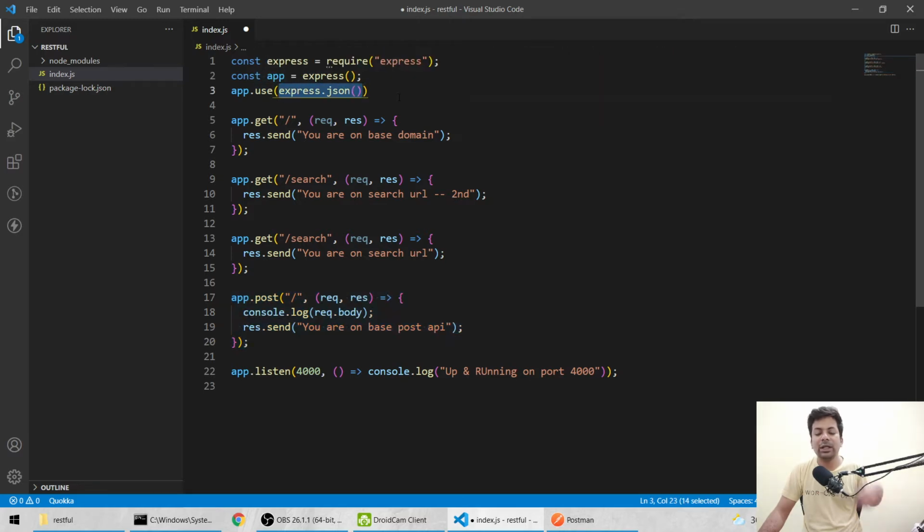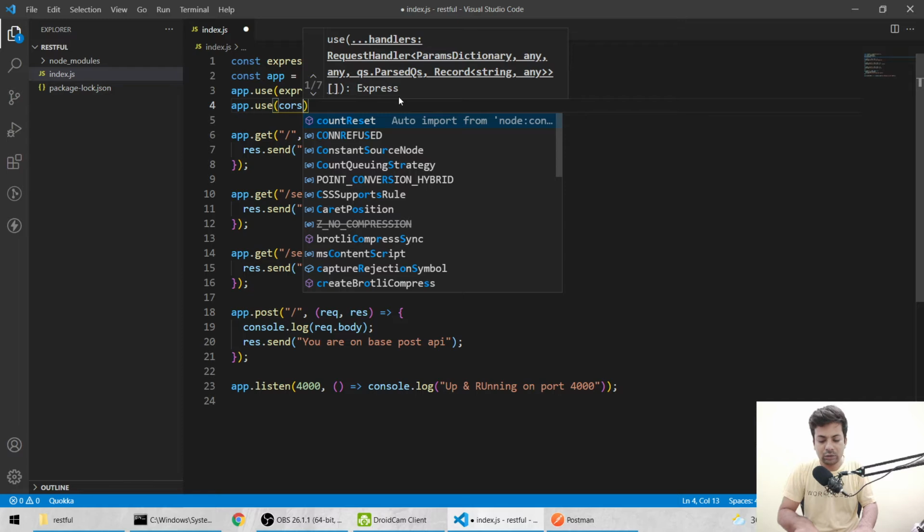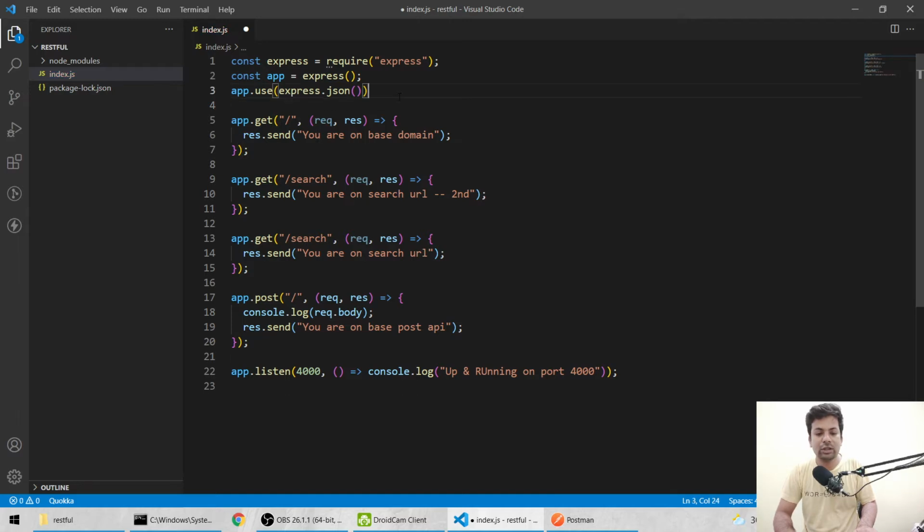Okay, so there are multiple things, like when you get hands-on experience, you will use app.use for multiple things, like app.use cors, since it's a React.js website using it. So you will do multiple things, like I want this, I want this. It goes first here, then here.